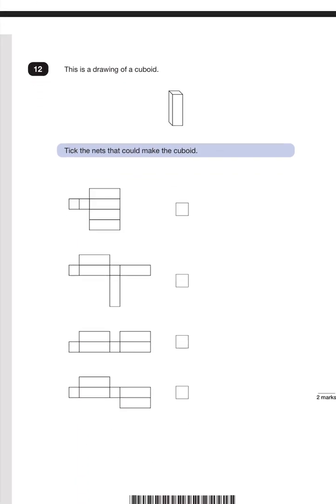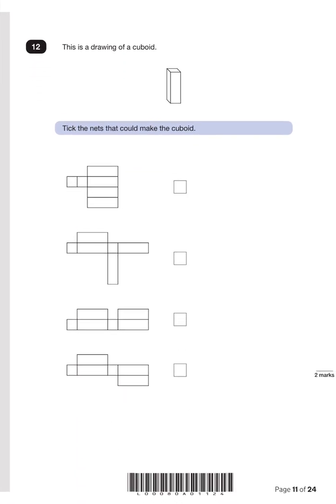Number 12. This is a drawing of a cuboid. Tick the nets that could make the cuboid. The first one, if I fold all of these, I get all round. Then I need the top and bottom. I got the top or bottom, but the other one is stuck to it. So actually it's not going to reach the other side, the bottom or top. So this one is not it. The second one,